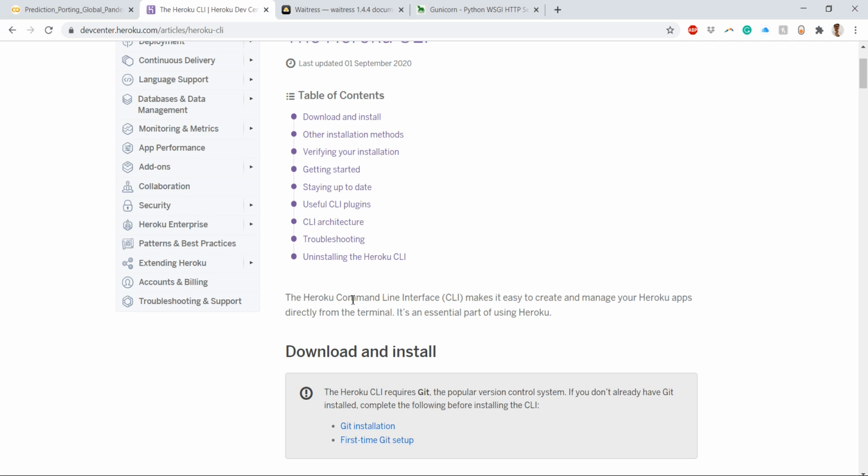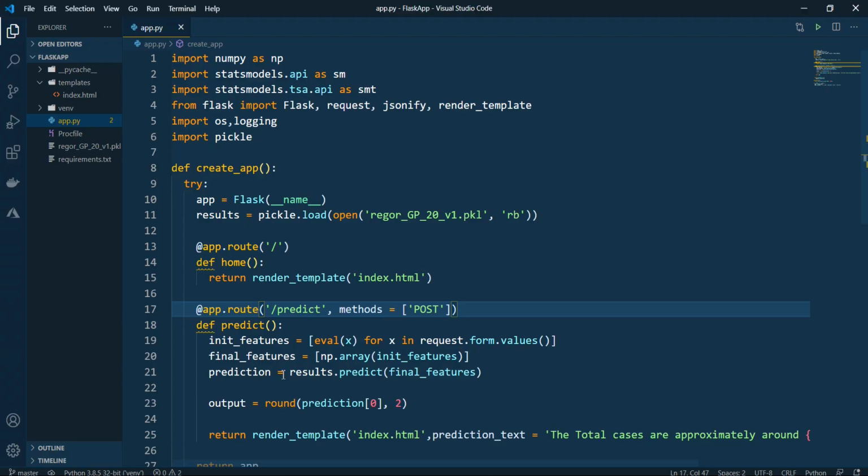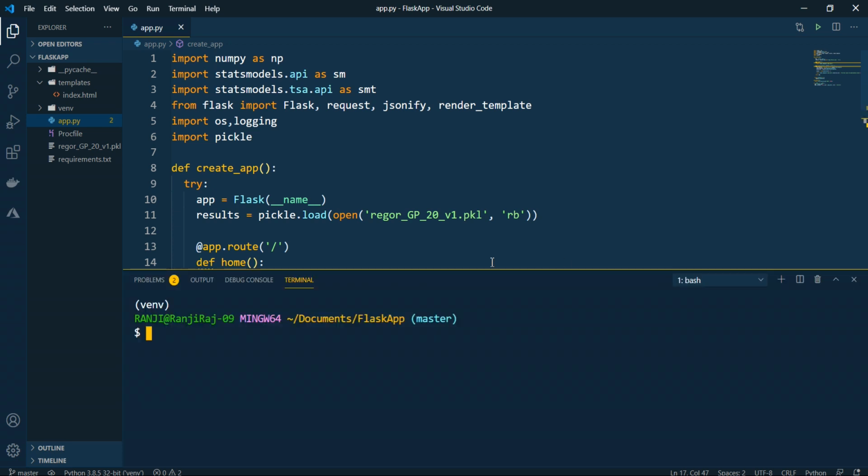As you can see, the Heroku CLI makes it easy to create and manage your Heroku apps directly from the terminal. The terminal that we'll be using is bash itself. From this we will write all the version control commands, and we'll be using Git for that.